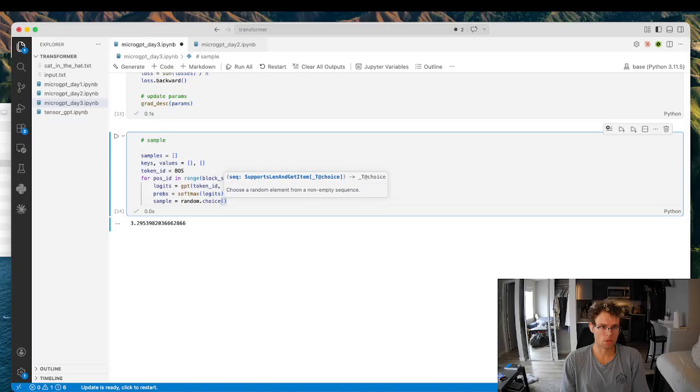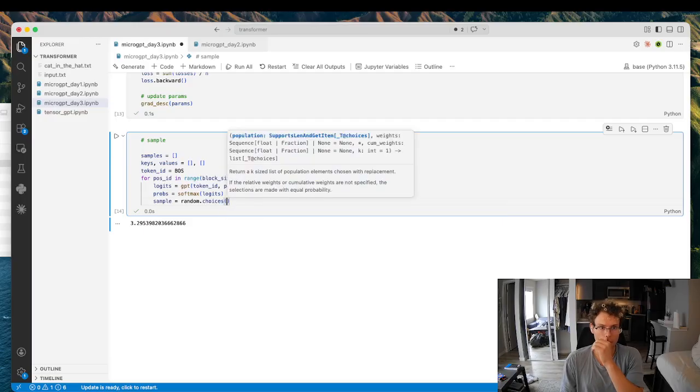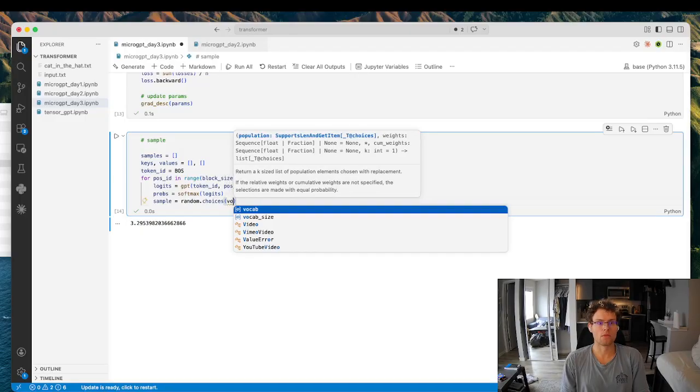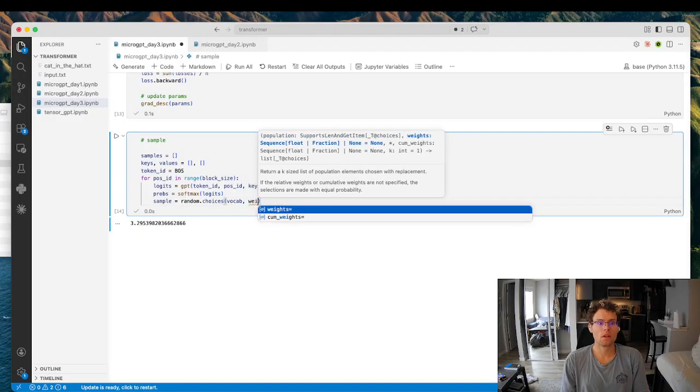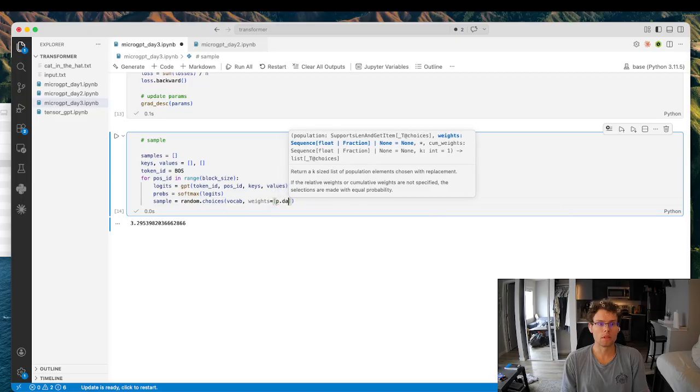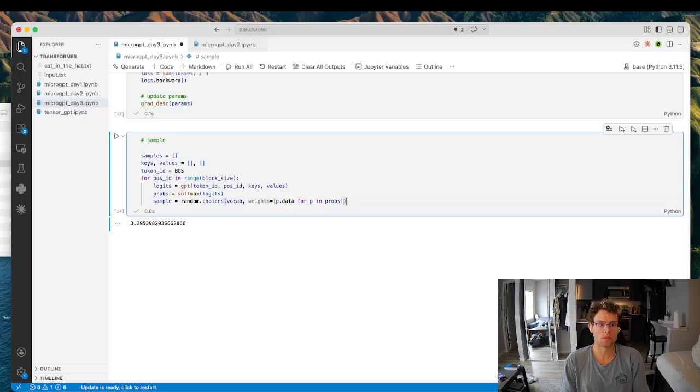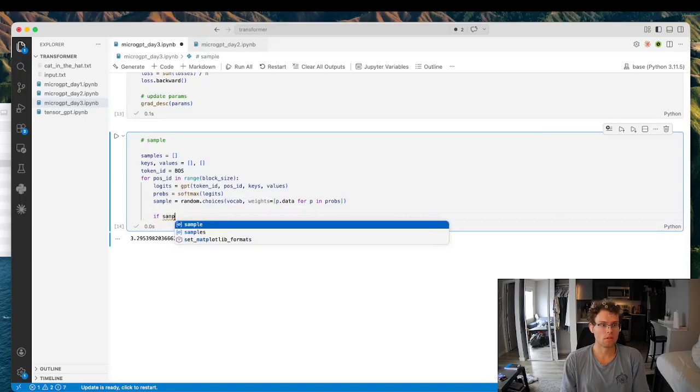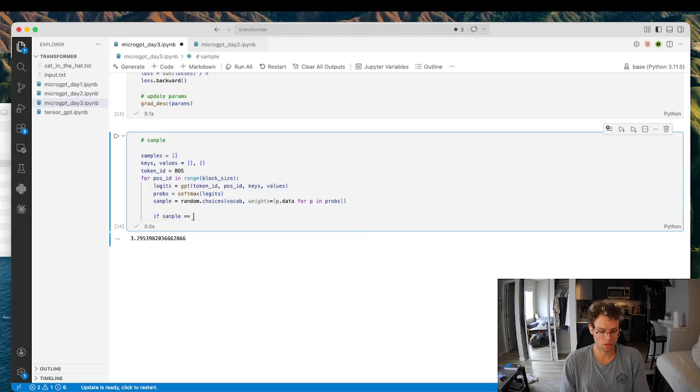Wait, what's wrong with random dot choice? How's that different? Maybe I don't get to specify the weights. Yeah, I don't think so. Okay, so we're doing random dot choices from vocab, and our weights are going to be p.data for p in probs. If sample equal to BOS,